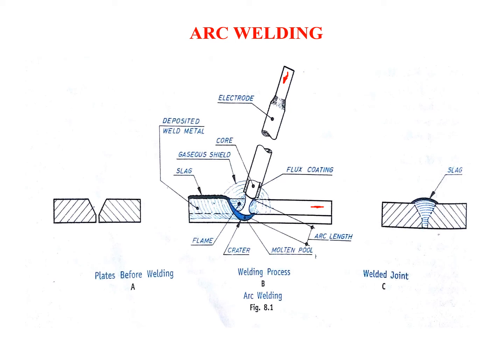So here you can see in figure A, these two pieces are to be joined together. Whenever we are going for arc welding, edge preparation becomes very important. Without edge preparation, we cannot do the welding process correctly. So these will be the two metal pieces which are supposed to be